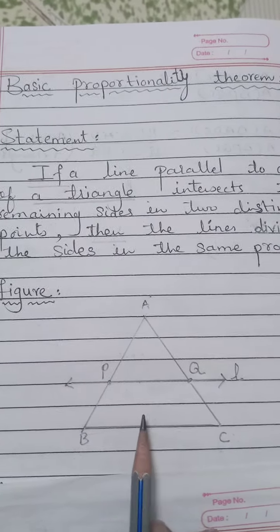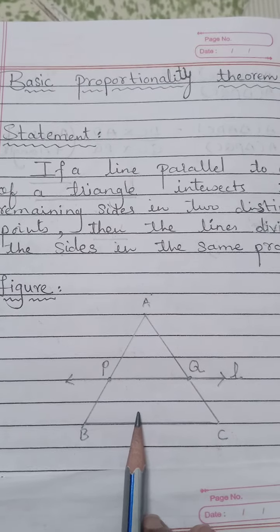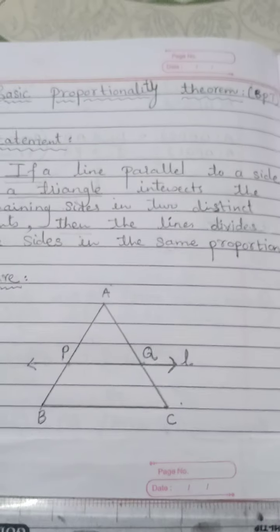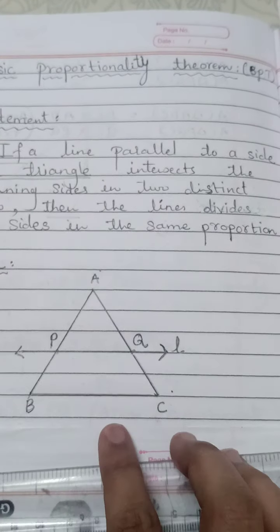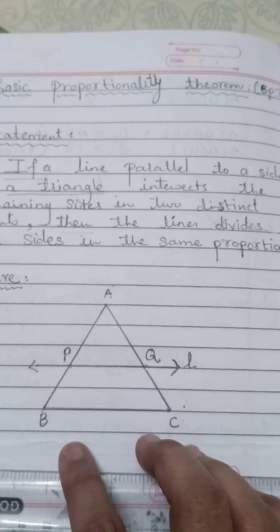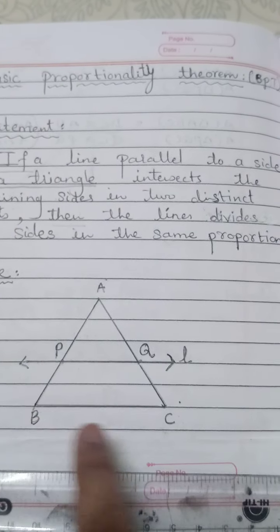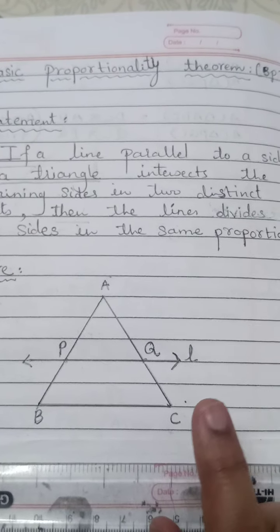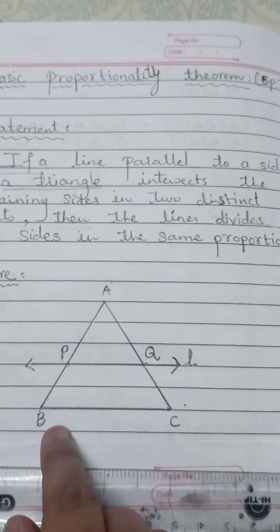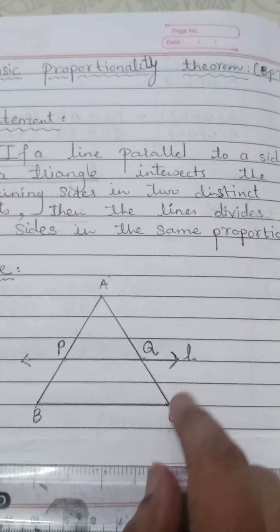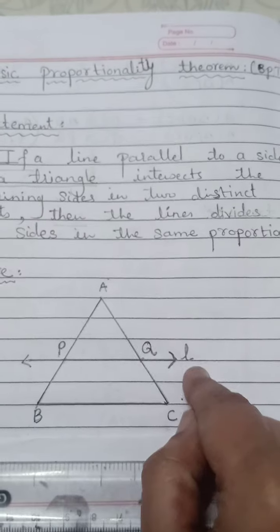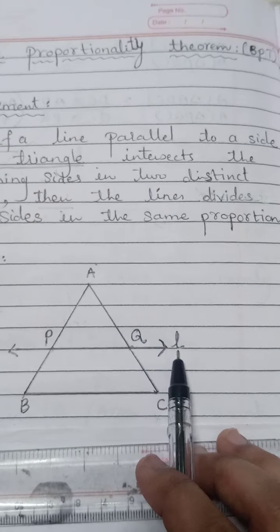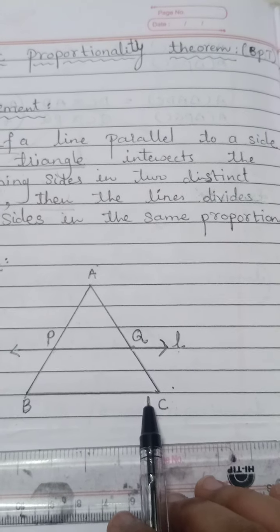Whatever we have taken in the figure, now the description of the figure we will write in the next step, and the next step is nothing but given. First of all, what we have taken while drawing the figure is a triangle, that is triangle ABC. So we will start our statement of the given with triangle ABC only. In triangle ABC, after drawing the triangle, we have drawn a line. Which line have we taken? That is line L. So we will write that line L is parallel to side BC.